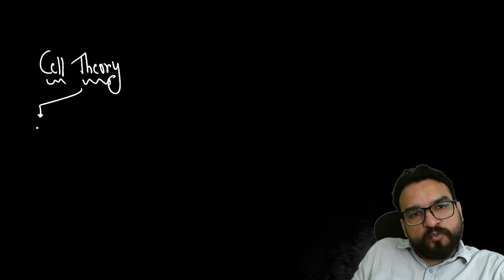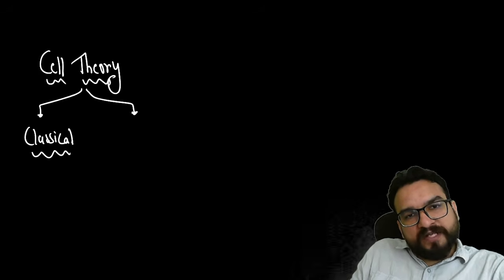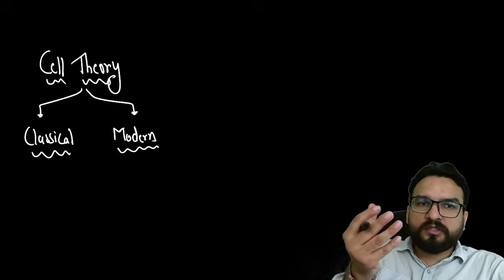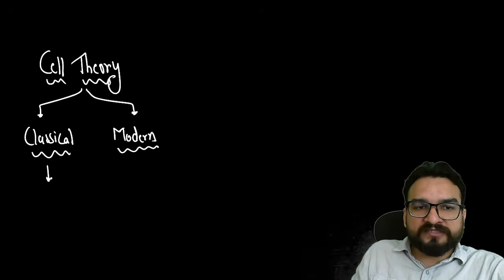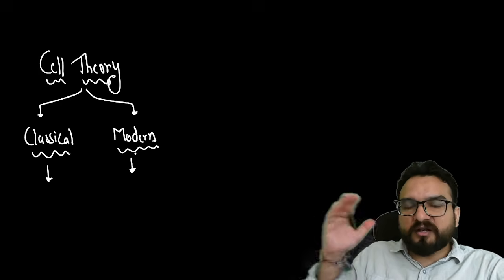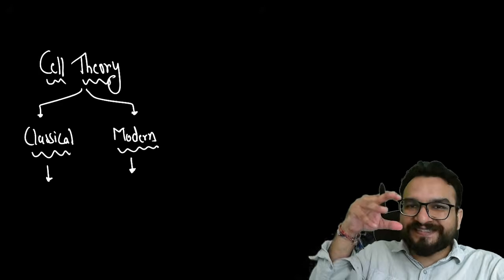The objective will be, first, to understand the cell theory. In the cell theory, I will be telling you 2 things, guys. One, the classical theory. And second, we will learn about the modern theory. Classical theory means when these scientists first thought about what a cell is, what they were thinking and what laws they gave. And when modern instruments like electron microscopy came into the picture, we explored more and got to know about the cell system actually.